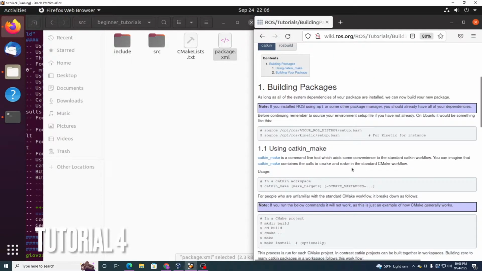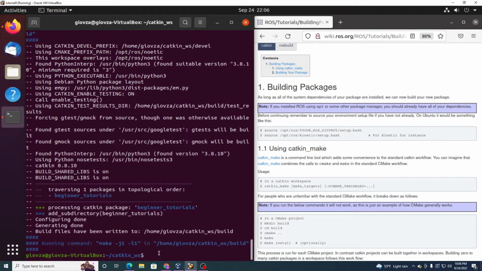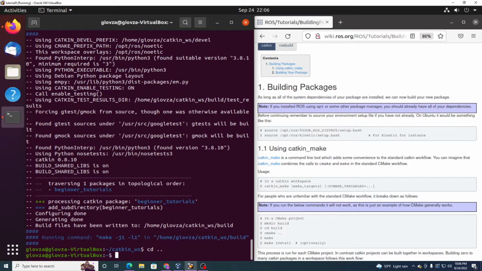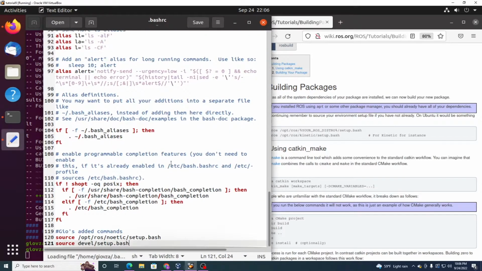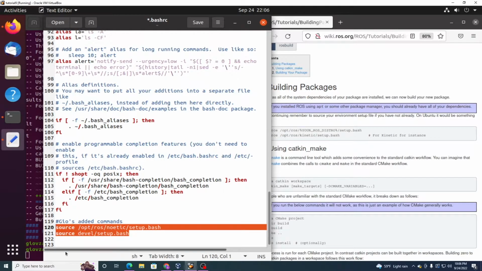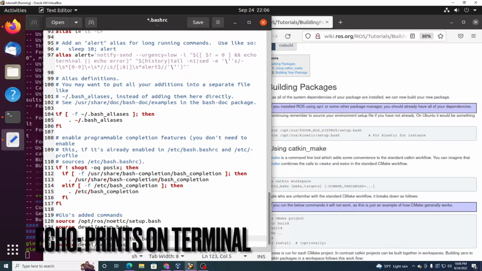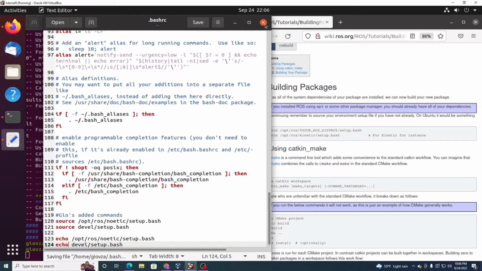Build the package. Okay. So it's asking us here, source /opt/ros/kinetic/setup.bash. We don't need to do that. And to prove that, because I should have done this before, gedit .bashrc. Now we could go here. We're going to copy and paste this. Instead, we're going to type echo, which just means it prints out on the terminal. So to show that bashrc does that every time,